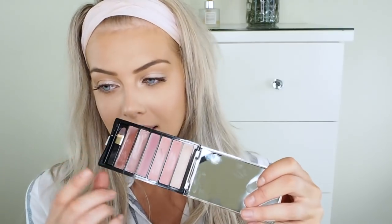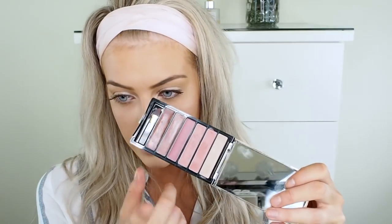And then I also fill in my lips with this as well. You can actually just use this by itself because it will last the whole day. And then blend it in with your fingers if you don't want to use a lipstick. But for those who do like to use lipsticks, I'm going into the L'Oreal Color Riche Le Palette. And I'm basically taking these two shades and this one here on my finger and just applying that onto my